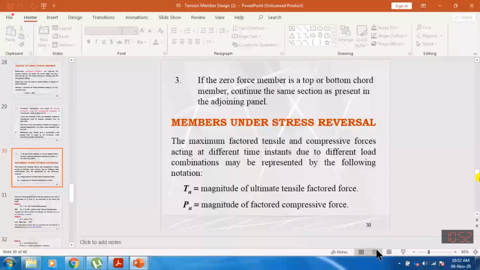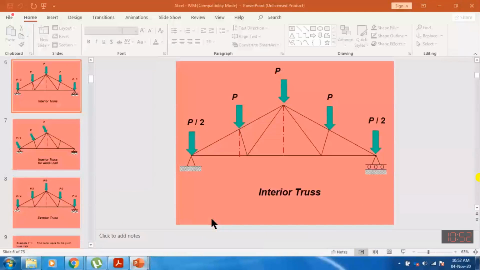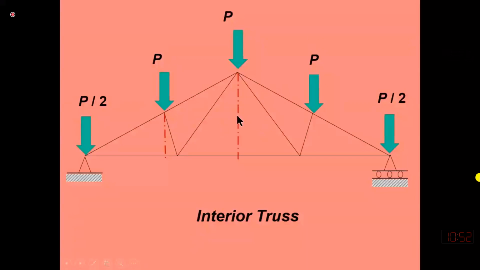So my first question is: if no force is acting, why are we providing this member? If we are not providing it, we are again maintaining the triangular configuration. But actually, if we provide this member, it splits this larger member into two parts, so it reduces the effective length of this larger member. If we have to design a member having a large length, it is supposed to be very heavy. So the zero force member reduces the length of the member which is having some force, which makes the design of this member economical.